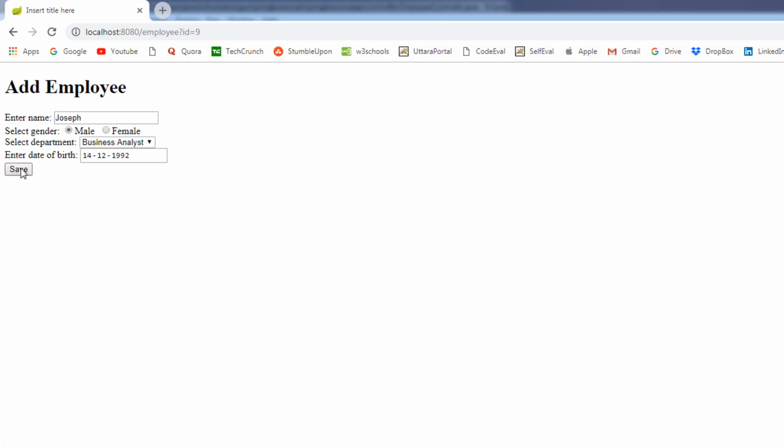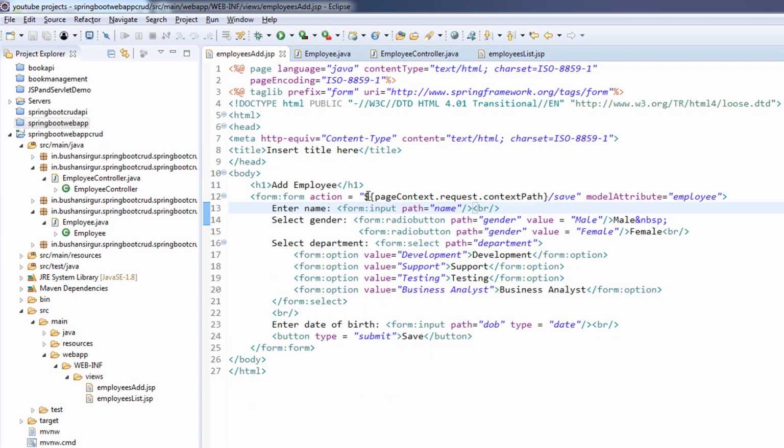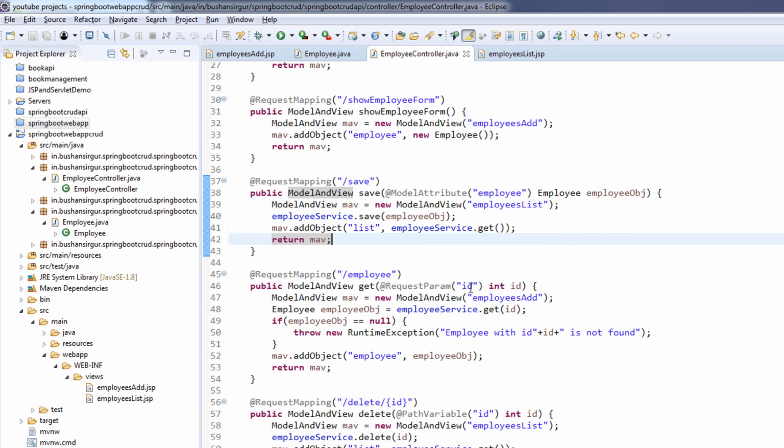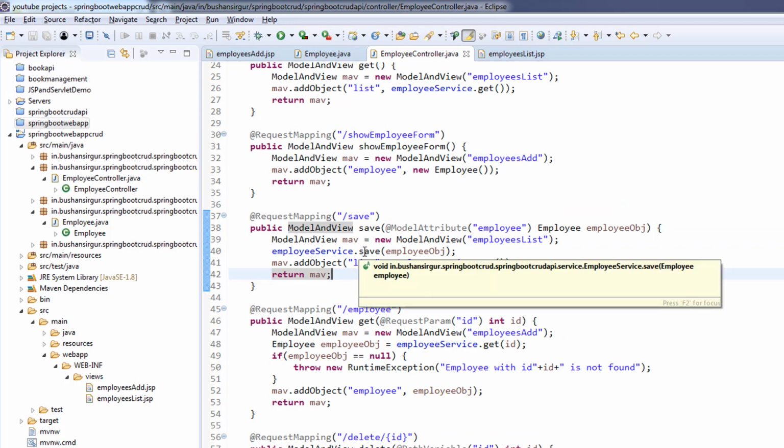When I click the submit button or save button, if I open the add.jsp, it is going to the /save request mapping. That we have written in the employee controller /save. So the same method we will make use of for update as well. If I go to the service implementation of the save method,